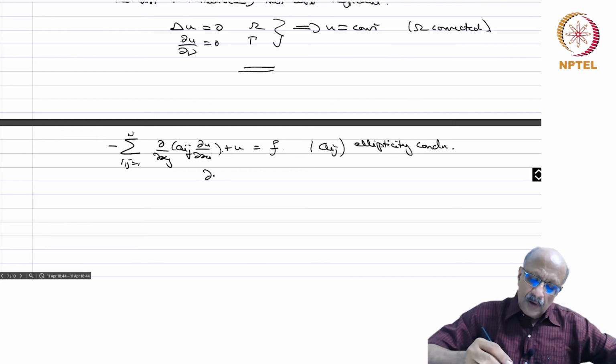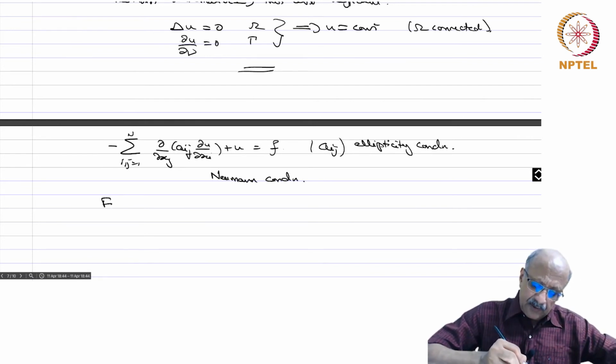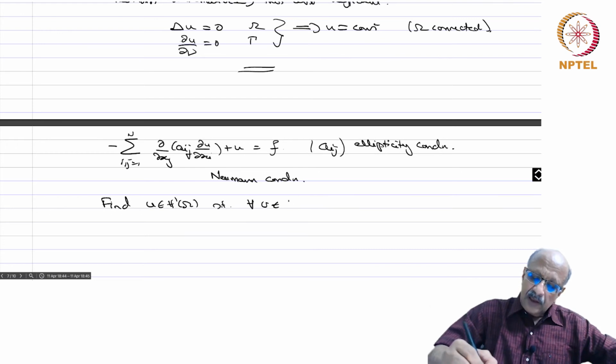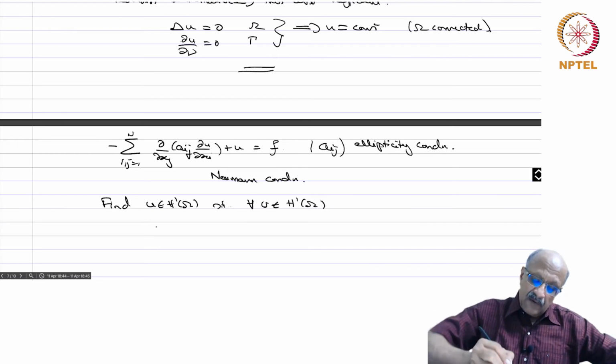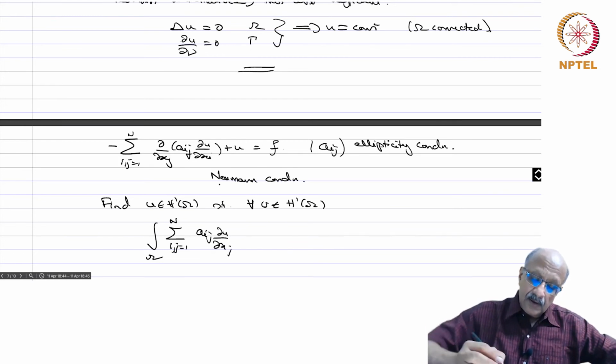And if you now write the corresponding weak formulation, plus the Neumann condition. So then what will be the condition? Find u in H1 of omega such that for all v in H1 of omega you have the integral on omega of the sum over i, j equals 1 to n of a_ij du by dx_j,